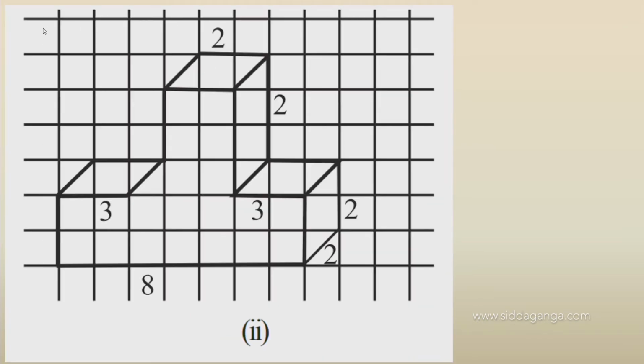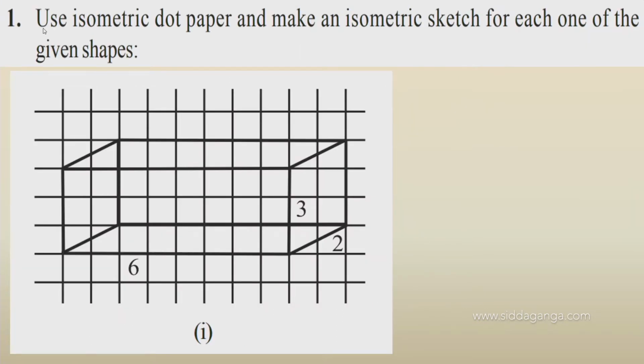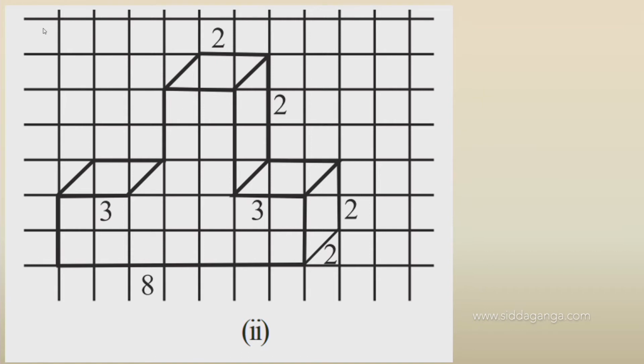Second question. See here children, there are cubes and a cuboid. One cuboid is there, upon that one cube is there, that we have to represent. Here just horizontally they have given, I am representing it vertically. Base 8 is there, correct? And then 3 cubes are there, and upon that just one cube is there, that we have to represent.